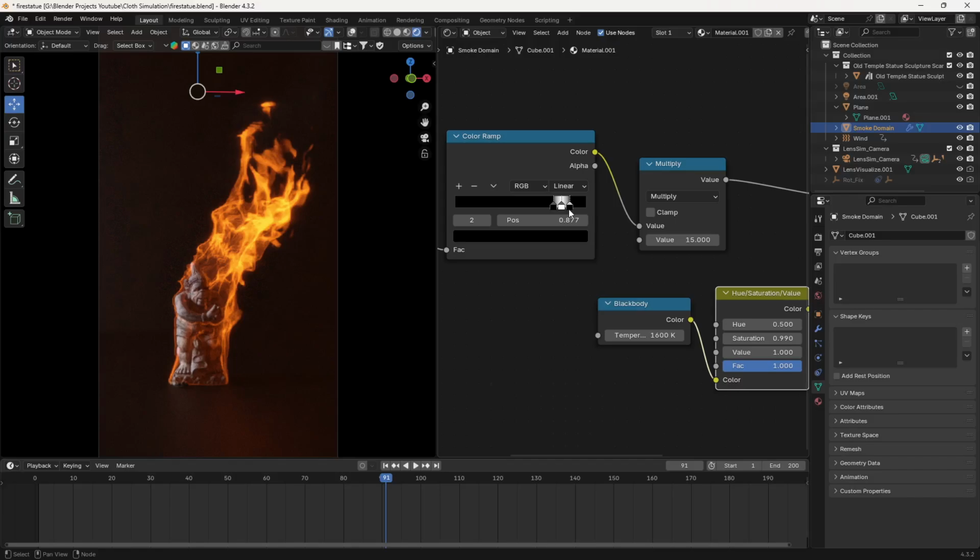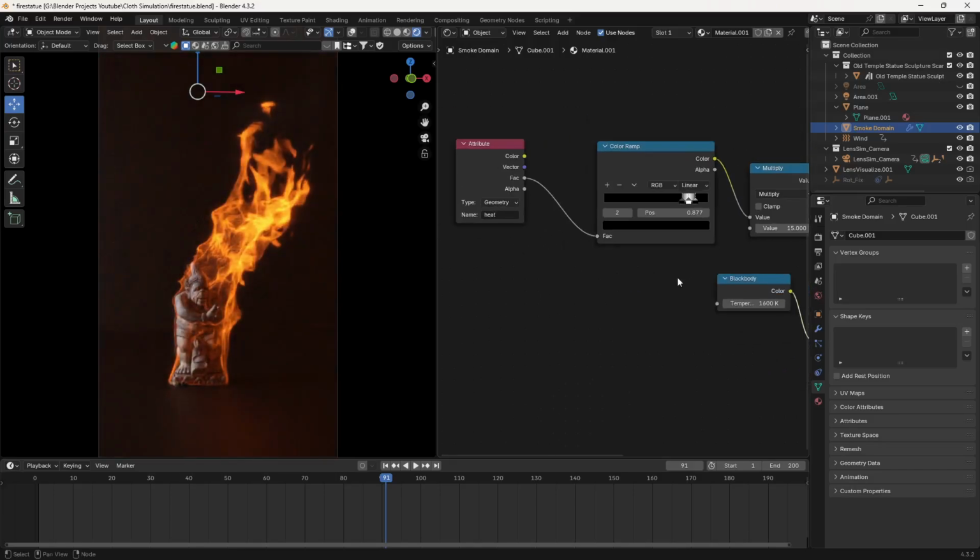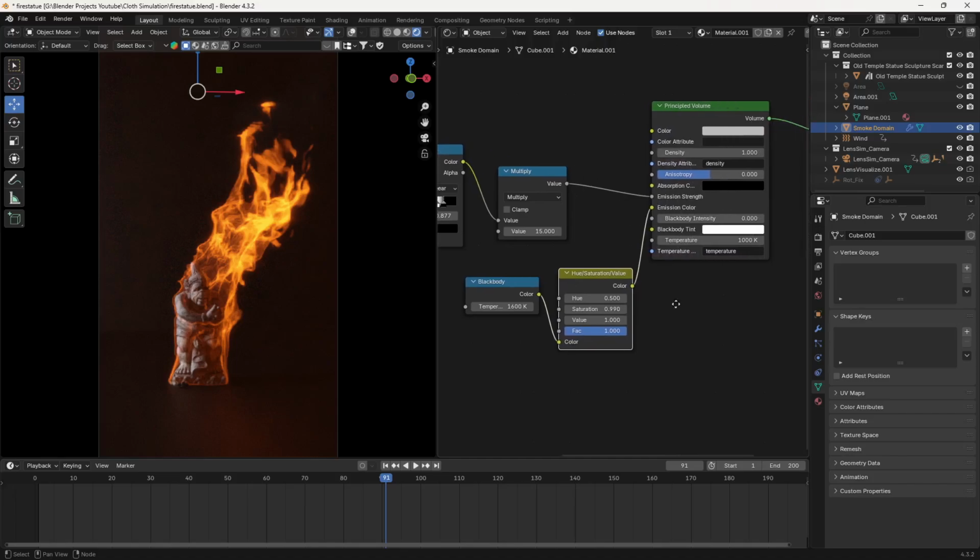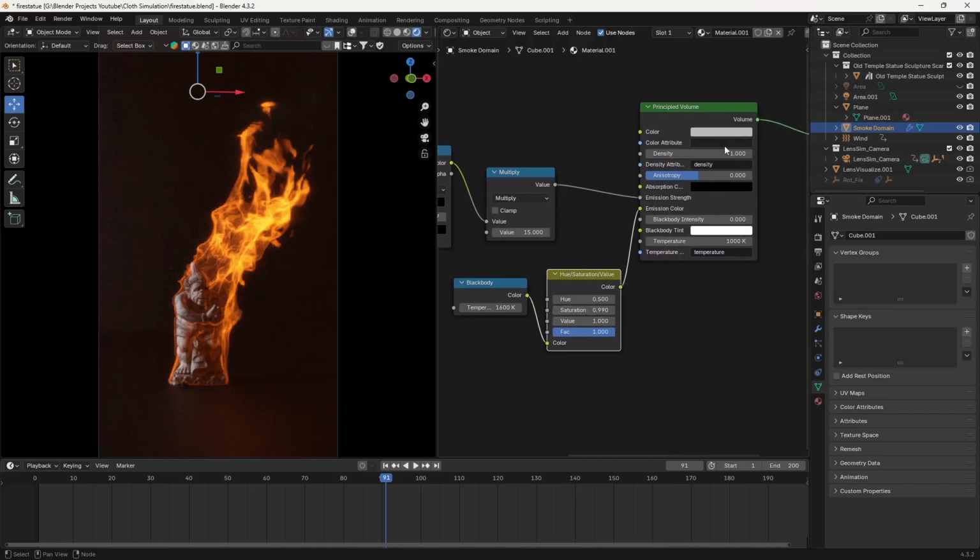You can completely play with those values and all that stuff, and here you can see I'm using the 15 value. So if I take this to 30, you can see it's much brighter here. So let me just switch to 15 again. So you can totally play with all the stuff here. And you can see it's 0.99 here as well. And if you want, you can add the smoke density as well, to, let's say, 5, and now you can see we have the smoke effect as well. Guys, just do this and practice it out. I am going to show you my final render also, how it looks.